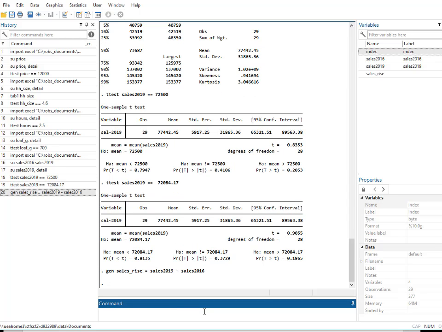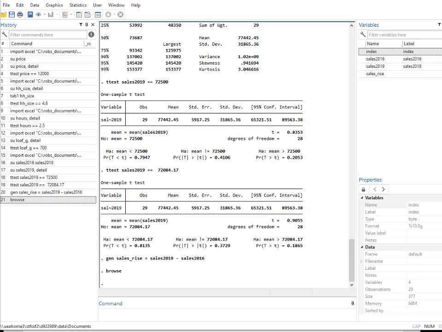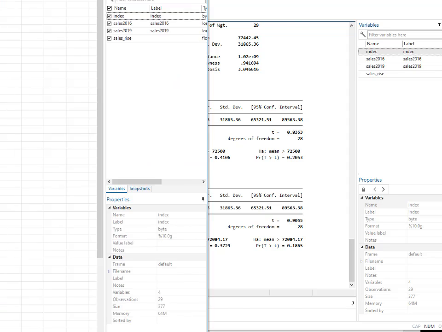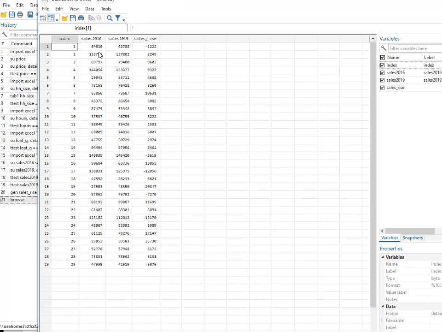But let's just do that. It's worth making really sure. I'll put browsing just to make sure you understand what's happened there. Here's the data. So that's the data we started with. Now it's calculated this. So this last column is the increase in earnings among all these 29 traders. We can see that the first one, poor thing, is earning less money than she was before, and she's earning more. There's a few that are earning less.